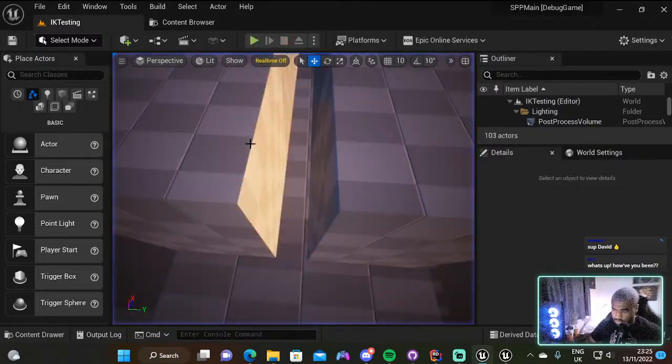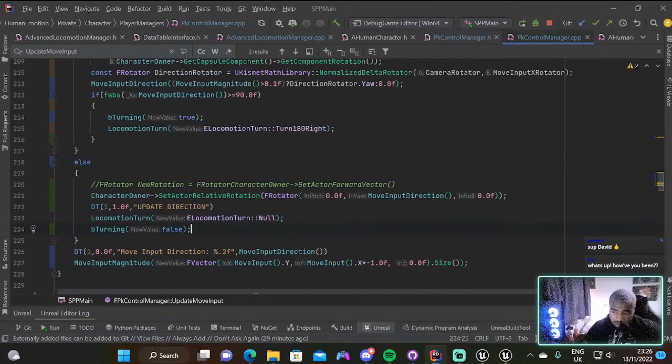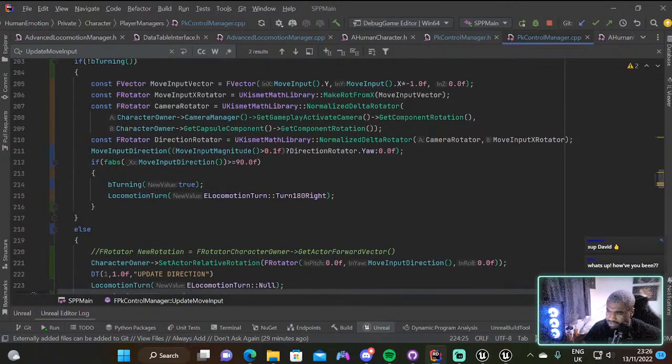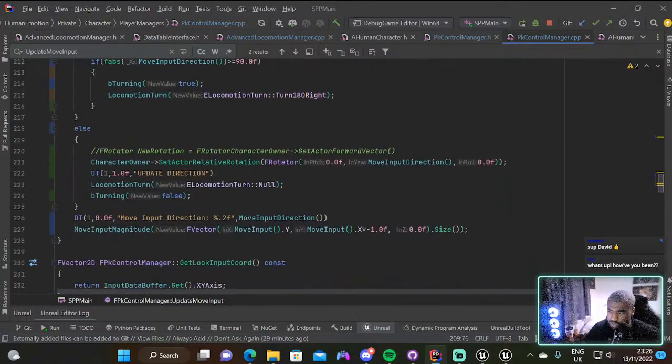Yeah, okay, cool. So it is actually doing this. It's going back and forth. For some reason, I anticipate it's because it doesn't fully set the rotation of the character. I think what we probably need is